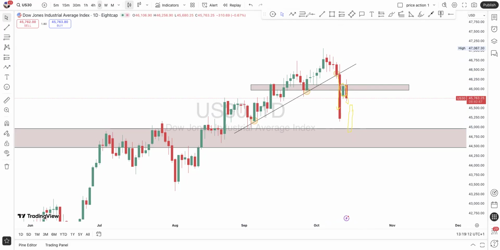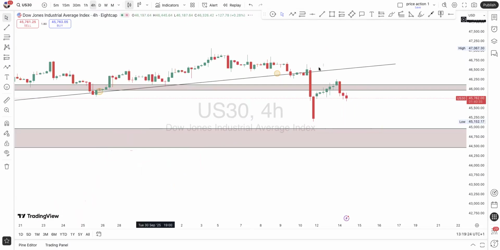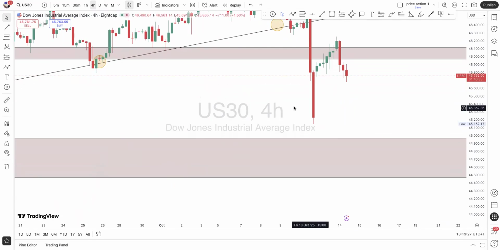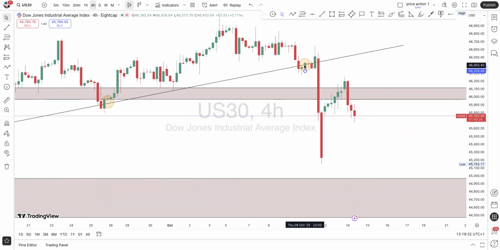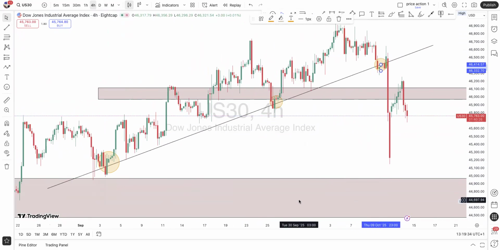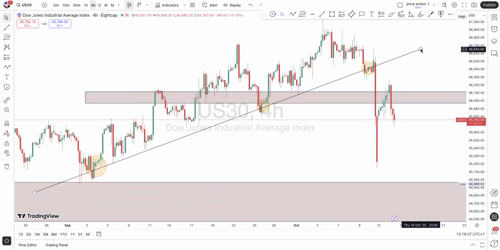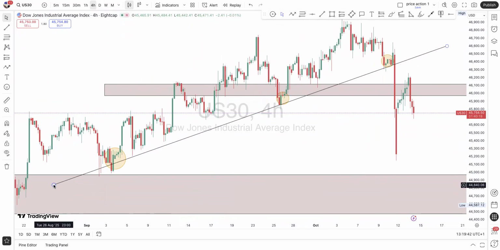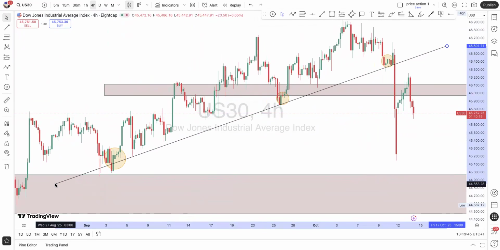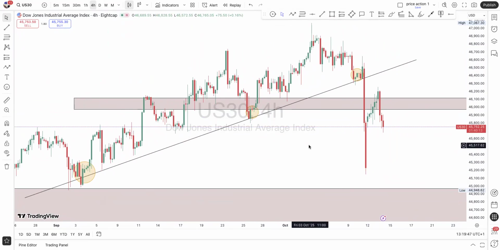However, we need our stops and our take profit so we could take advantage and become very profitable. So let's go straight to the 4 hours time frame. The 4 hours time frame will definitely show us exactly what to do and how we could take advantage of the US30. So this is exactly where the bounce was from. We're going to come here and identify our trend a little bit so we can make proper adjustments. Remember, we were on the daily time frame, so we could not get exactly the trend.